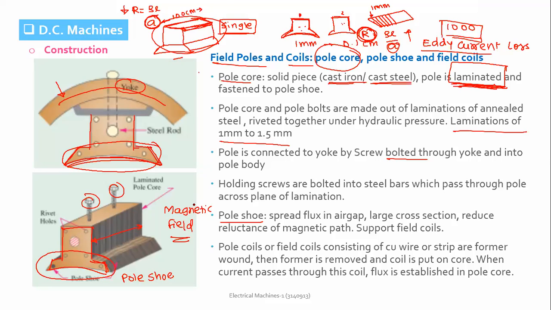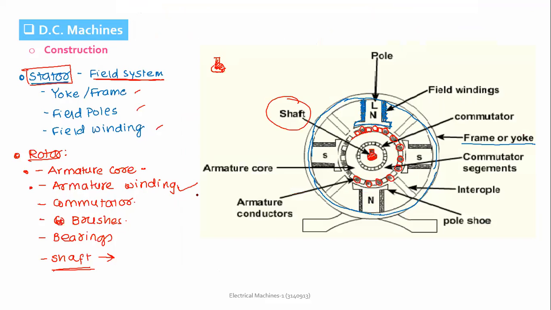Clear? Let me show you. Here there is an air gap between stator and rotor. Obviously this air gap will be a few mm. So whatever flux is generated by the field poles, the field system, has to pass through the air gap and link with the rotor like this. Sorry, it is a 4 pole. It has to link with the rotor, so it has to pass through the air gap.